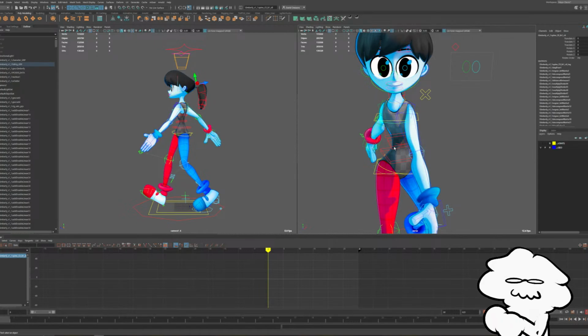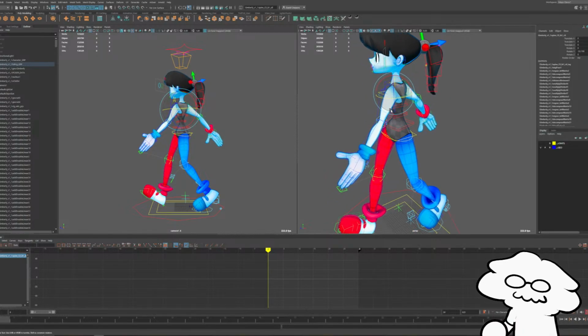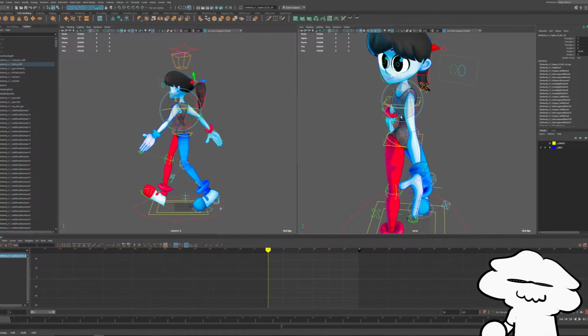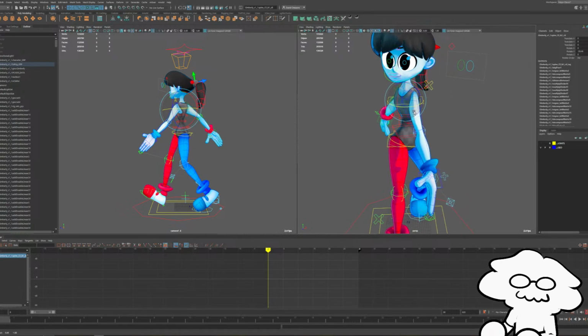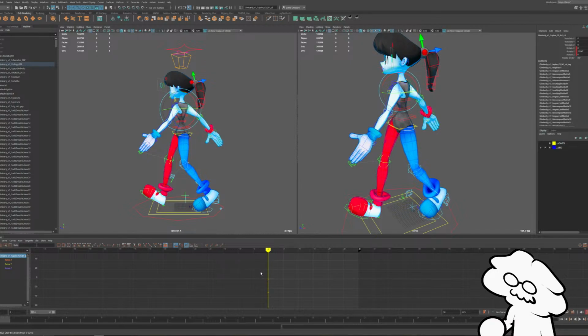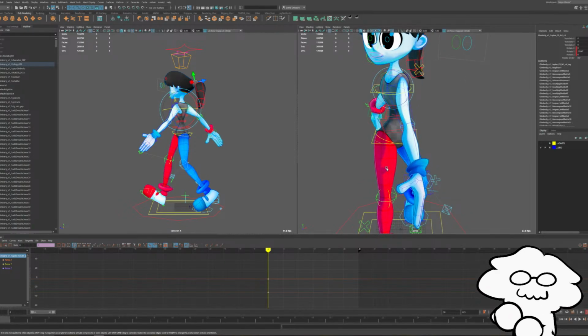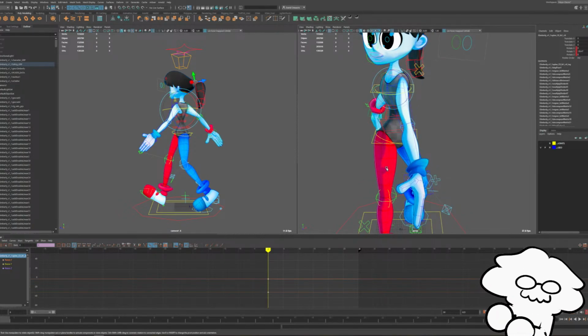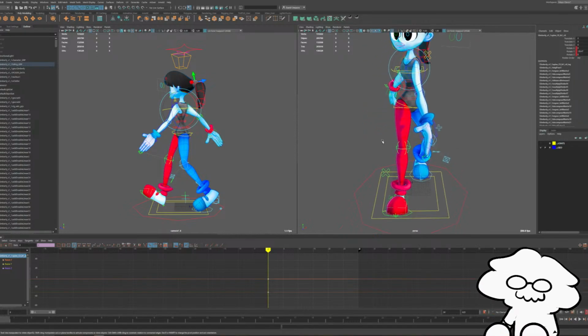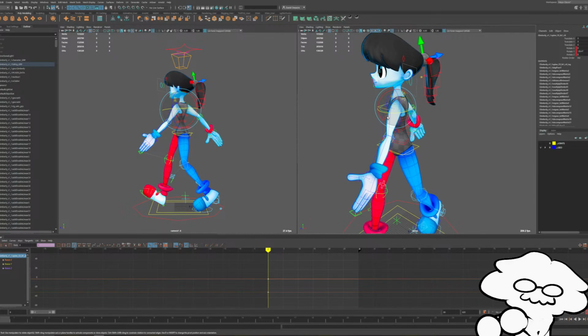So same with the upper body, we want it to counterbalance. So we're going to have that go forward. And it's going to look very silly because that's the way it is. Go forward like that. Key our rotations. So the hips are going forward towards the front leg, and the upper body is going forward towards the front arm.